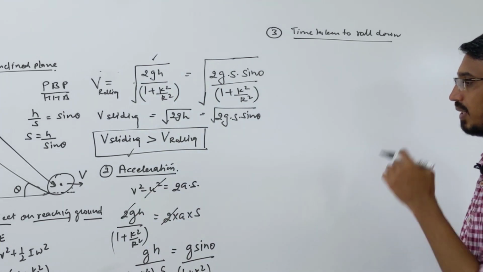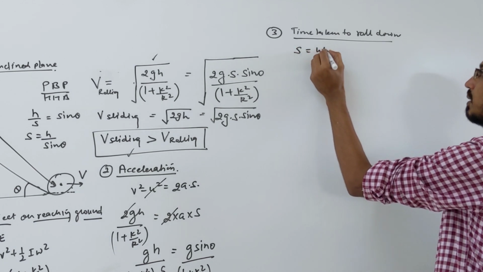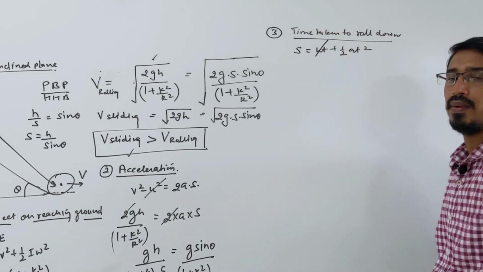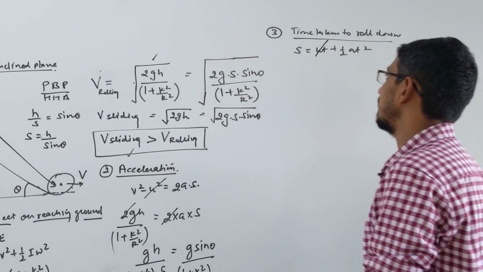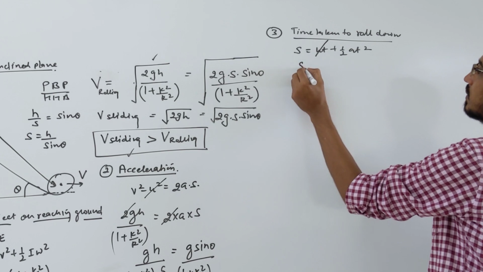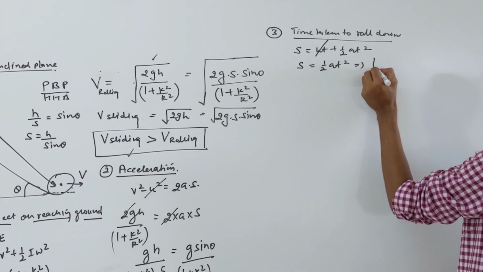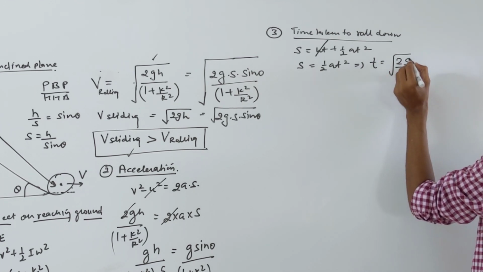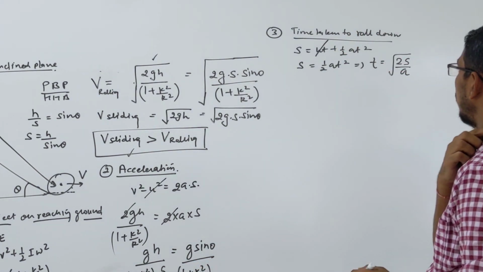So we know acceleration, we know velocity, so time we can find by writing any equation of motion. I think you can write the second equation, s is equal to ut plus half at square. In this equation the first term is directly 0 because the initial velocity is 0 at that point. The length s we know, so s is half at square. We want to find time, so time becomes the square root of 2s by a, acceleration, right? Acceleration we already know, here it is.